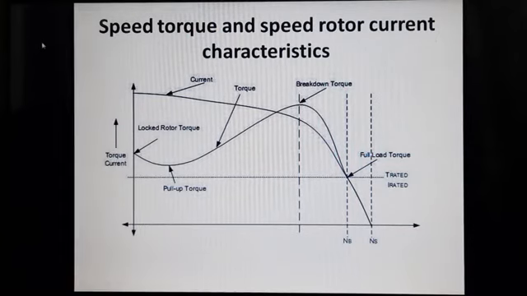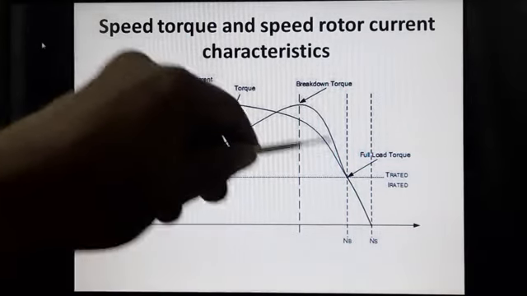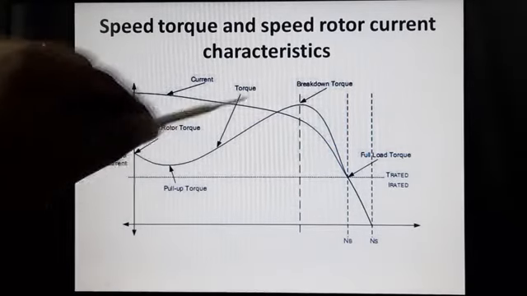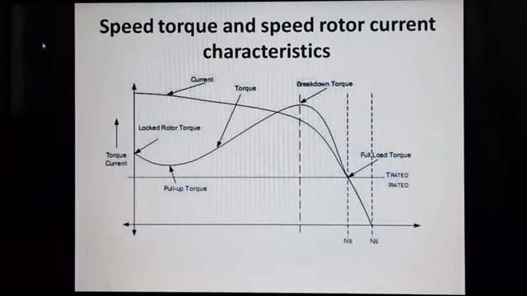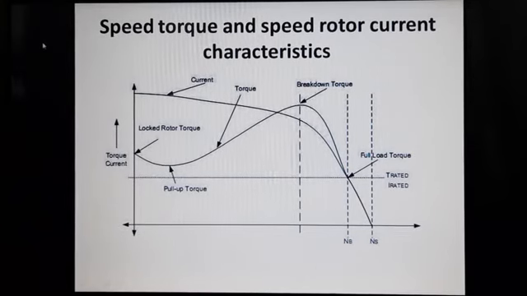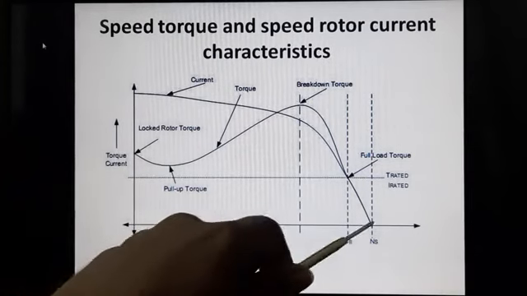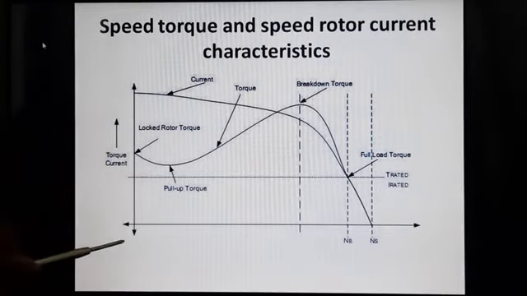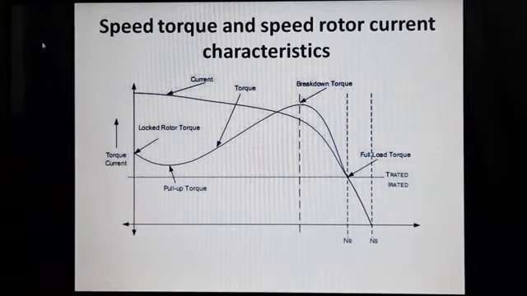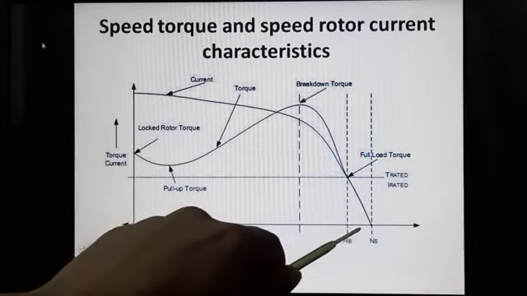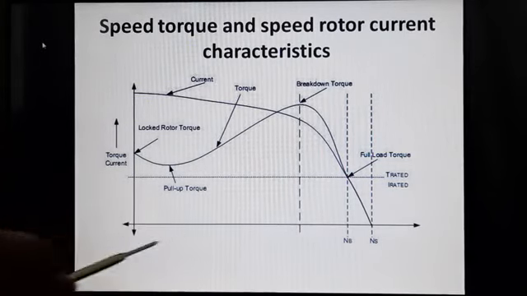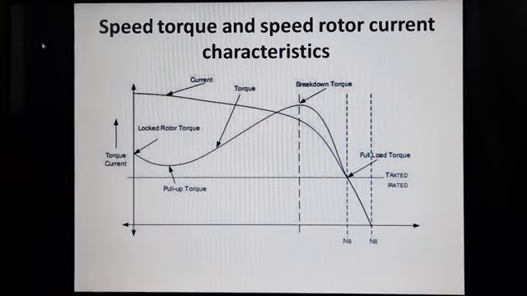We will be dividing the whole graph. This is the torque slip characteristics and this is the torque current characteristics. For further explaining the torque slip characteristics, we will be dividing it into two regions. One is the low slip region and the other is the high slip region. The slip value will be here 0, and while coming in this way it will be increasing from 0 to 1. So from here till this portion I can consider it as the low slip region. Further I will be considering it as the high slip region.